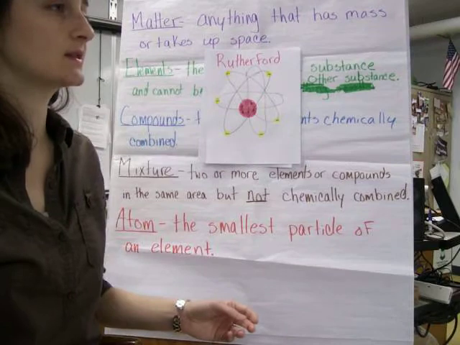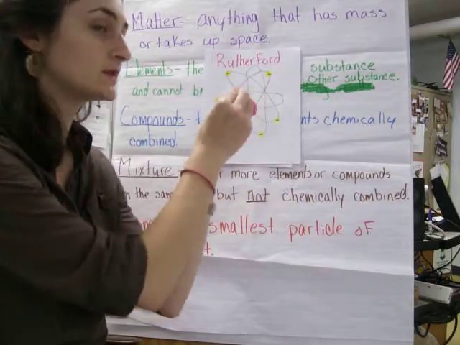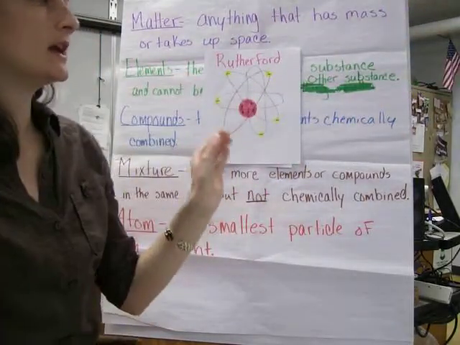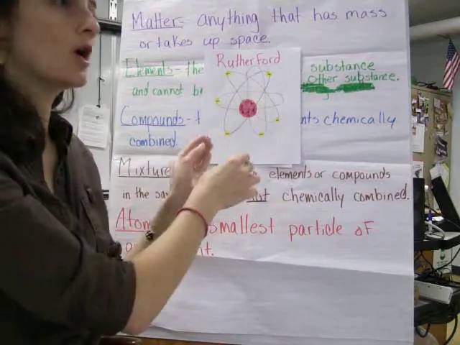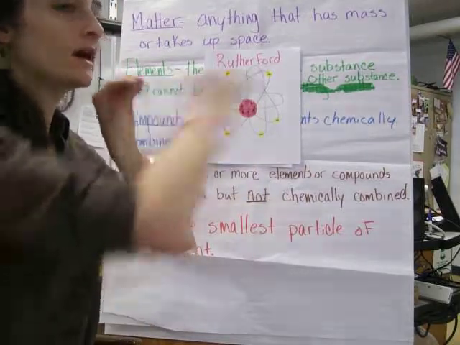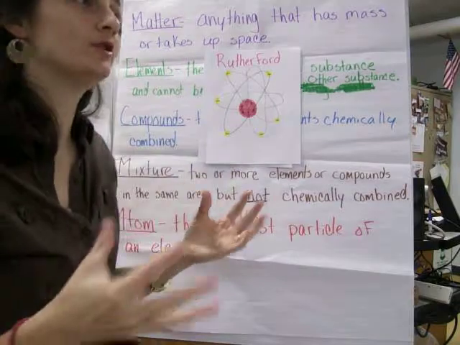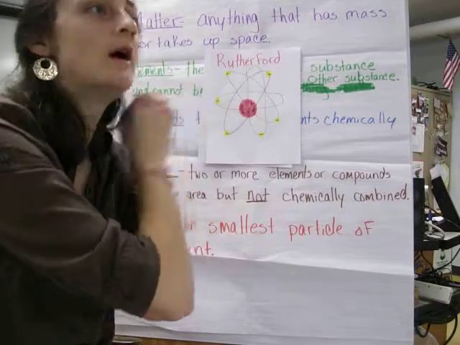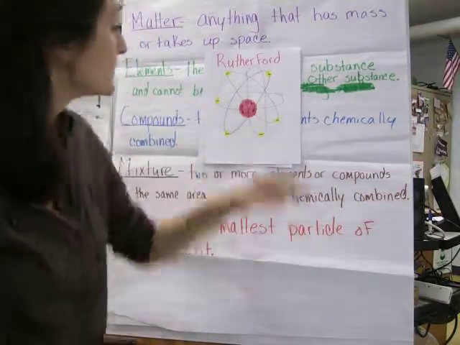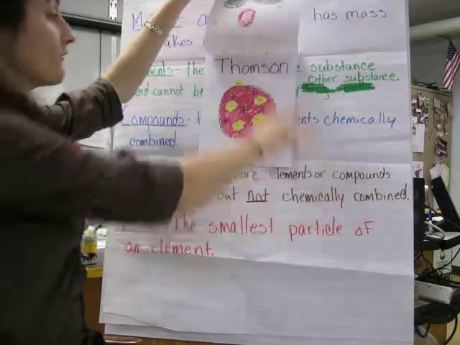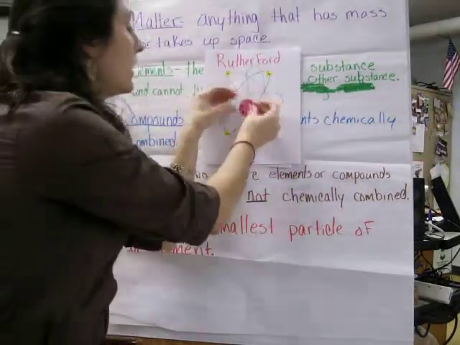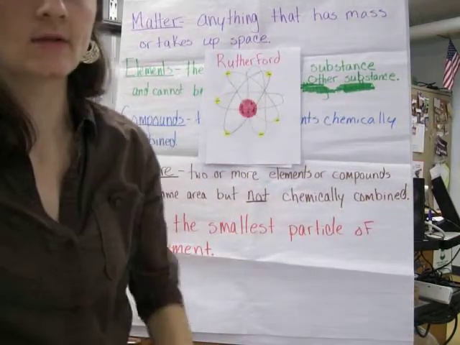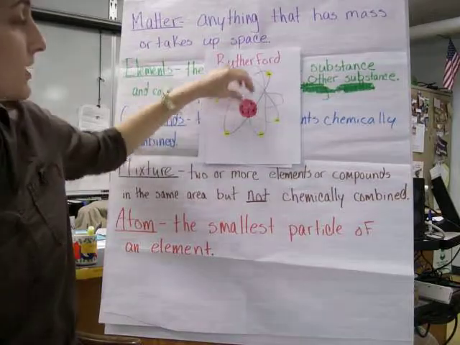And basically what he did in that experiment was he took some atoms and he put them in the middle, and then he had all this gold foil kind of surrounding it. He shot some charged particles at those atoms, and depending on the way that they scattered, he was able to predict, okay, there must be some small little core at the center of this atom. So that's why you see such a big shift, going from just a giant circle here to all of those positive charges being clumped in at the middle. So anyways, we've got all these positive charges clumped in at the middle, but we still know that